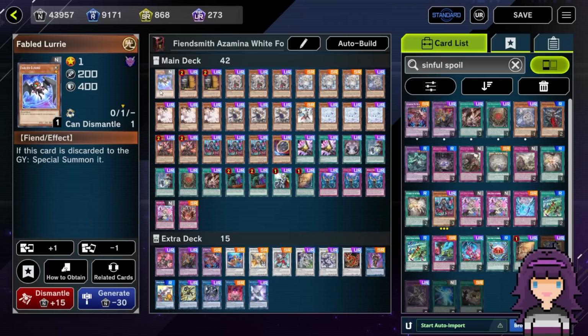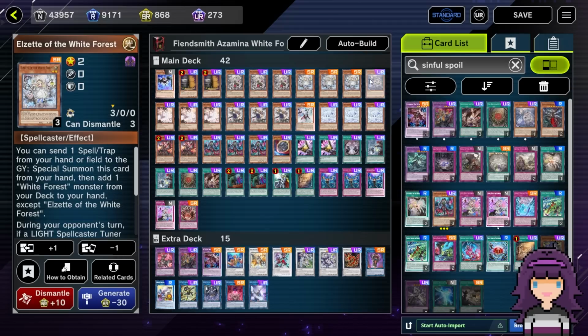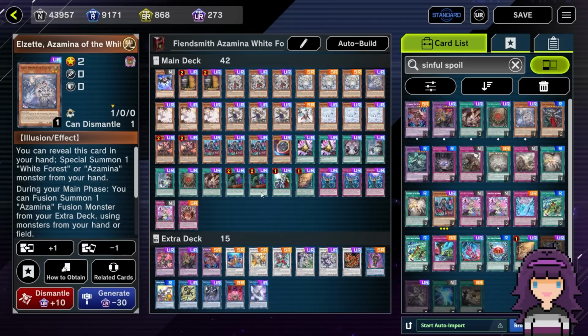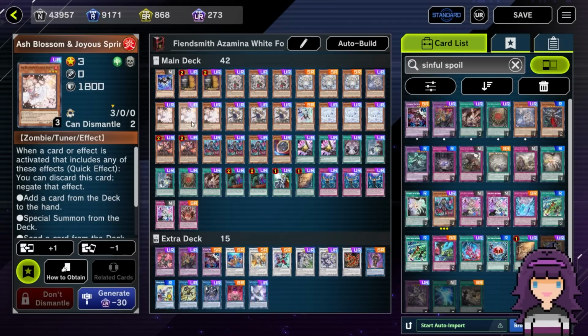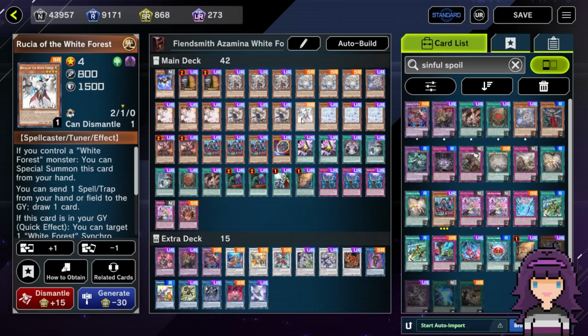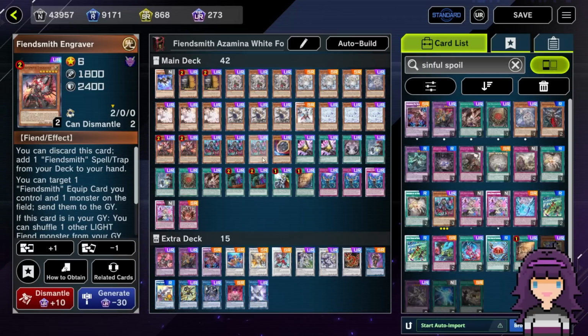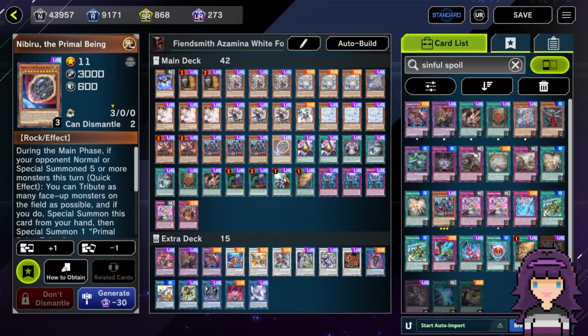We are on 1 Fabled Lurie, 2 Max C, 3 Esteller of the White Forest, 3 Elzette of the White Forest, 1 Elzette Azamina of the White Forest, 3 Ash Blossom and Joyous Spring, 3 Sylvie of the White Forest, 1 Rukia of the White Forest, 3 Molcharmi Fuolos, 2 Fiendsmith Engraver, 3 Diabellstar the Black Witch, 1 Nibiru the Primal Being,